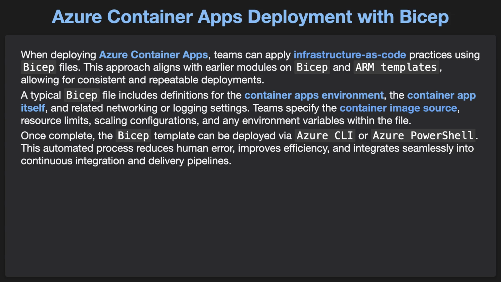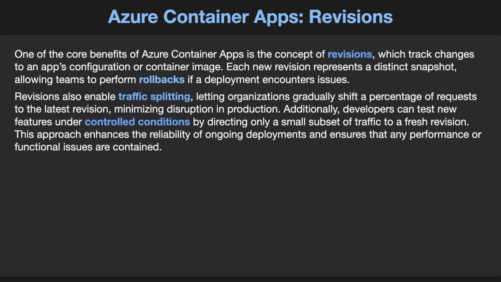Once complete, the bicep template can be deployed via Azure CLI or Azure PowerShell. This automated process reduces human error, improves efficiency, and integrates seamlessly into continuous integration and delivery pipelines. One of the core benefits of Azure Container Apps is the concept of revisions,